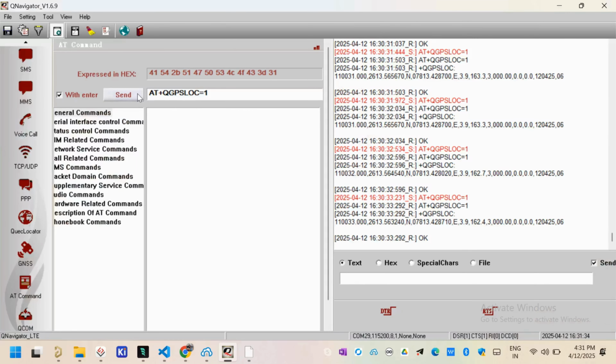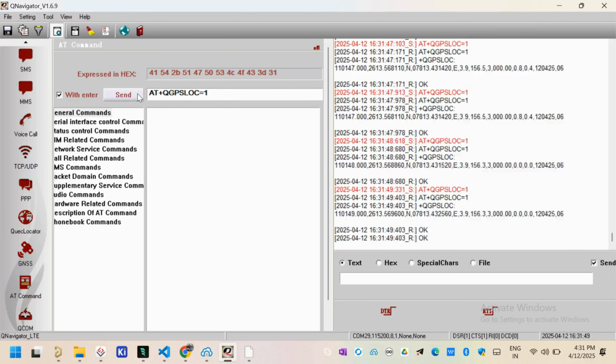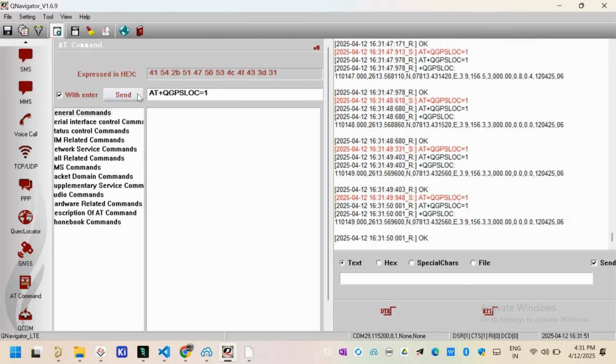So let's take the module to an open area, on my rooftop, and it is giving the proper GPS coordinates, and the coordinates are not fluctuating too much. If you take this module into any closed area, you may face some fluctuations, because for getting the position, it measures the